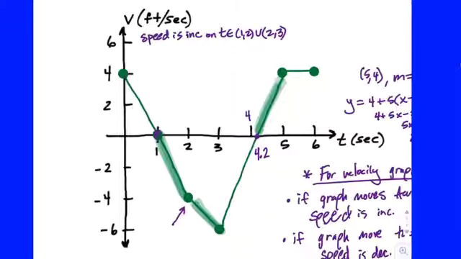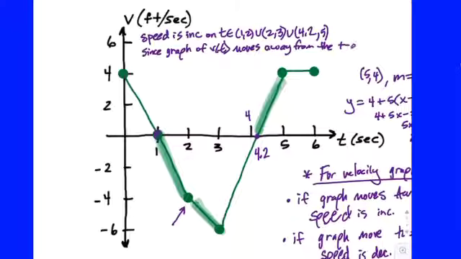So from 1 to 2, from 2 to 3, and then union 4.2 to 5. And then you could say, since the graph of V of t, don't just say the graph of V of t, moves away from the t-axis on these intervals,